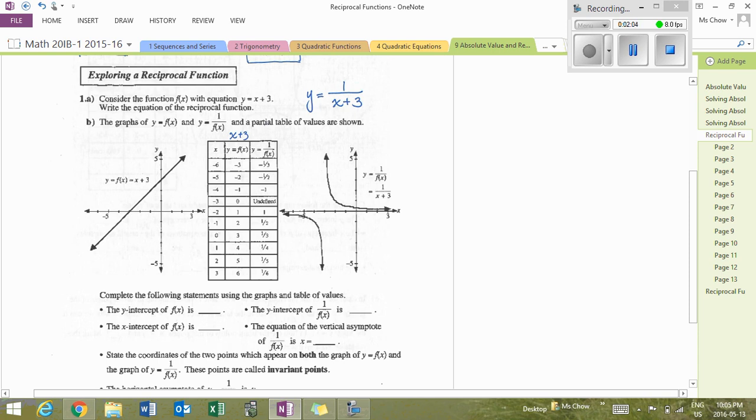Then we get into 1 over x plus 3, and so then those are just the reciprocals of these values in the second column then. And if you were to take the time to plot them, or if you were to use your graphing calculator and plot that reciprocal function, then this is what it looks like. So plotting that reciprocal function using your graphing calculator,